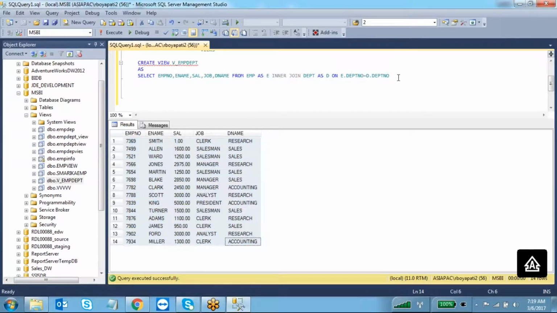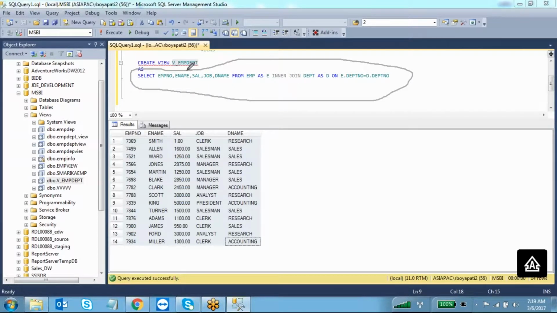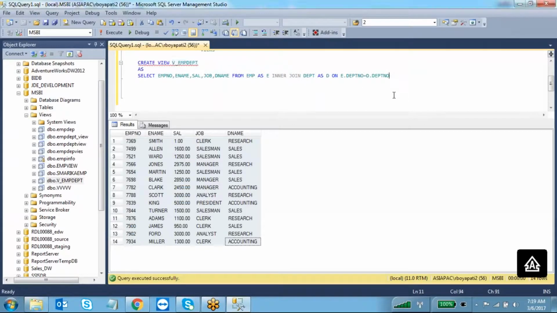So whenever you call this view, what it will do is execute this query and get the result from these two tables. Okay, so how to call this view?